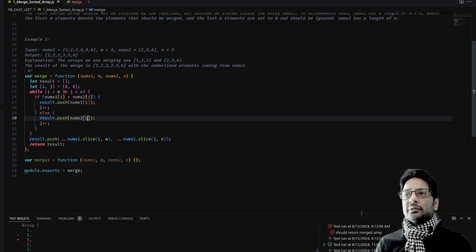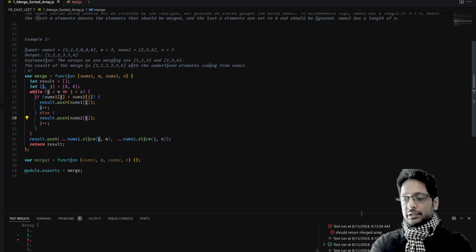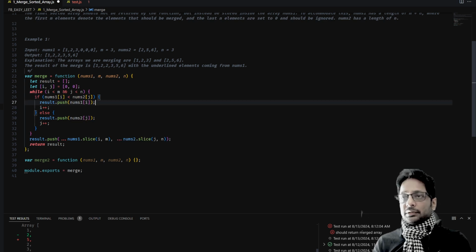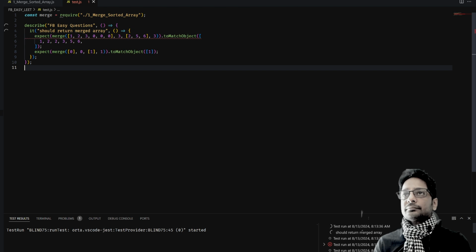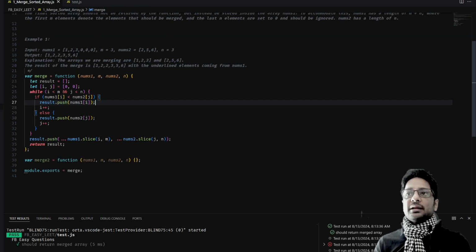Oops, sorry, here we have to push nums2 of j. So it passed. So that is our normal merge sort,